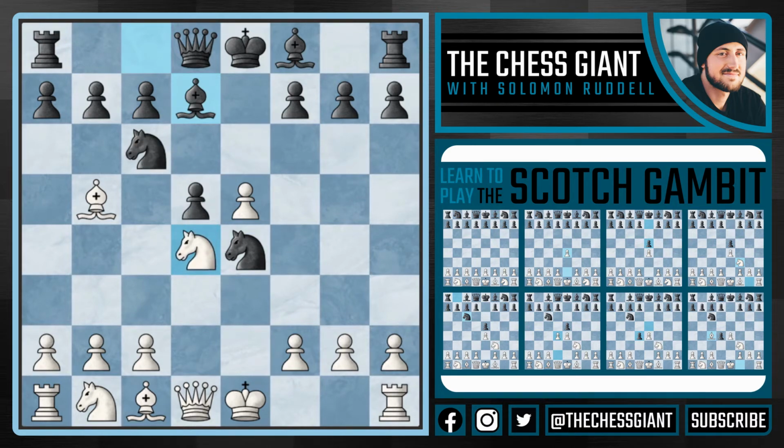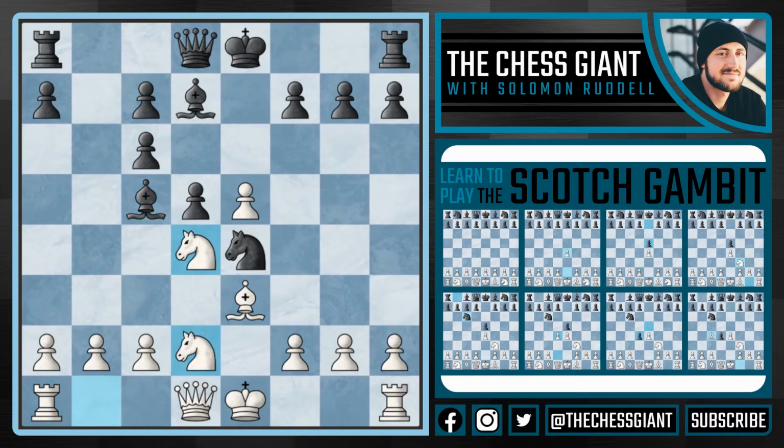I think better is bishop takes c6. And after b takes c6, not castling right away, which is the most common move, but playing bishop e3. And after bishop c5, playing knight d2. Now here in this position, black could play queen e7, and I think it is important for you guys to